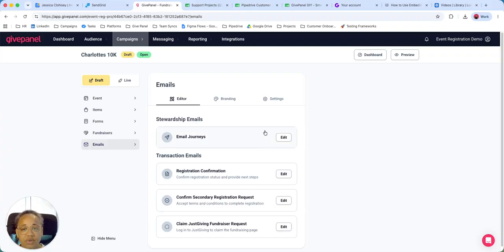We then have the stewardship emails. So those are the emails that obviously go to your supporters throughout their journey from registration to event day and fundraising deadline. This is the emails that you'll obviously use to support your fundraisers, to help them with their fundraising, give them training advice, event logistics, whatever it may be. So if I go into this stewardship email section,